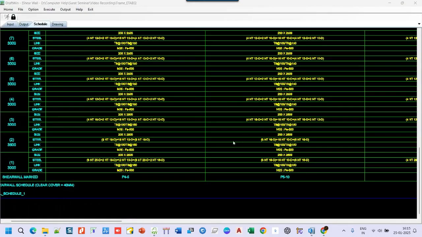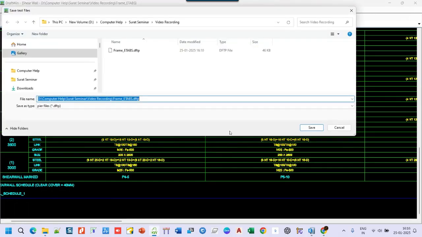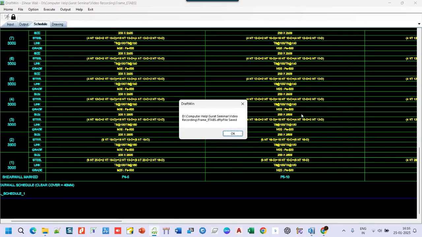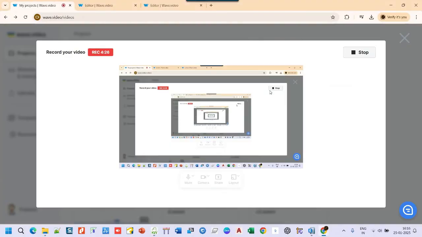So I have saved this. Then again I go to home and I'm saving the data file. Said yes. Once this is done, then I go to this and I say